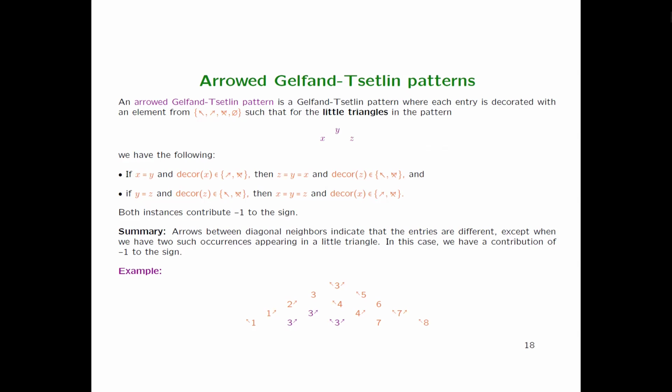Okay, so if there is one bad thing on one side, it also has to happen on the other side, and that's true also for the symmetric situation. And since this is so bad, this gets a sign. So whenever you have this bad situation, you get a sign, and what you buy from this, of course, is a signed enumeration. But the formula that I've shown you before is the signed enumeration of this arrowed Gelfand-Zetlin